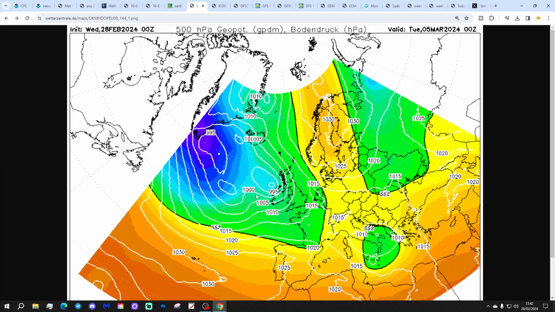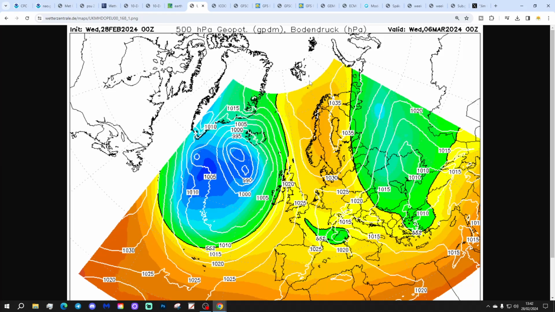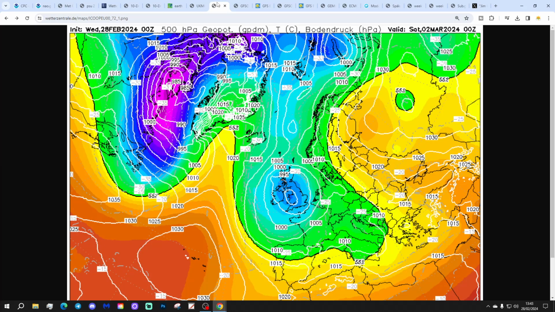Then more low pressure starts coming in from off the Atlantic. Notice at the same time, high pressure is building to the northeast as well. The Scandinavian high is starting to get involved. So that's how we look by the middle of next week, Wednesday, 6th of March. Low pressure in the Atlantic, high pressure over Scandinavia, and winds are coming up from a southerly direction then. This low pressure would bring outbreaks of rain into the west, and it would be pretty mild with the southerly winds. As I said in yesterday's video, southerlies can easily back round to easterlies, though, and that is something we have got to be aware of as we go further on through March, I think.